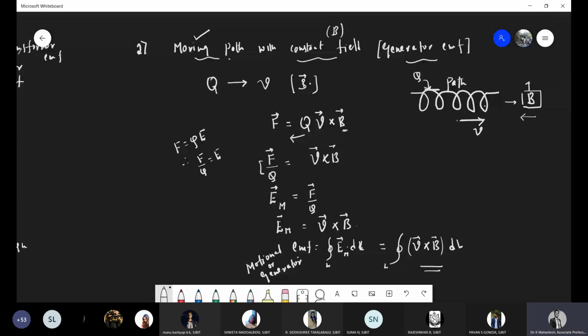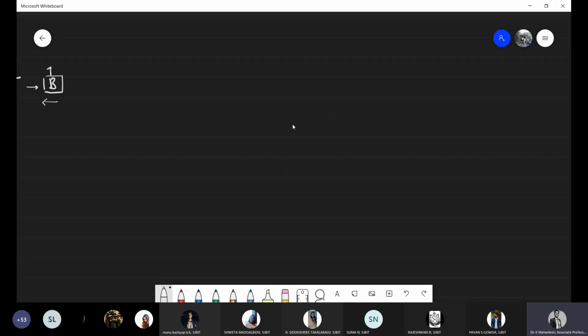So now let me consolidate the equations. The total EMF for the moving conductor in time varying fields, if the conductor is also moving, so if the path or conductor is moving with a varying field and